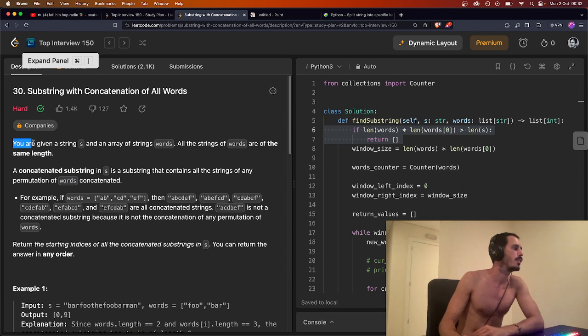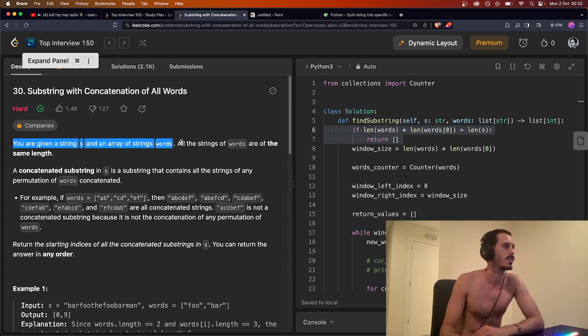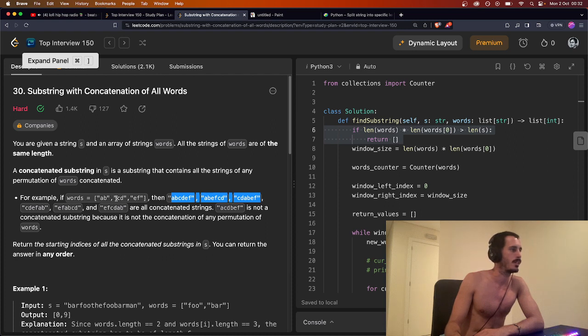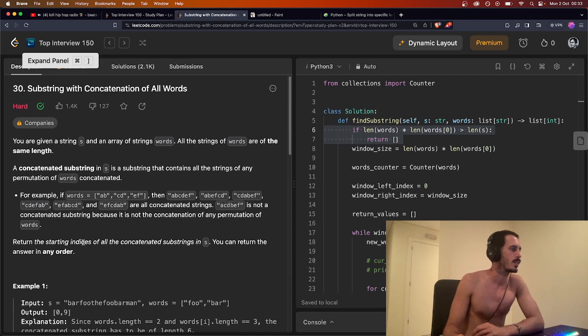So what's this about? You're given a string s and an array of strings words. All the strings of words are of the same length. This is important. A concatenated substring in s is a substring that contains all strings of any permutation of words concatenated. For example, if words are A, B, C, D, E, F, then you have all of these combinations like A, B, C, D, E, F, A, B, E, F, C, D. Here it is. So all combinations of this. And you need to return the starting indices of all the concatenated substrings in s,